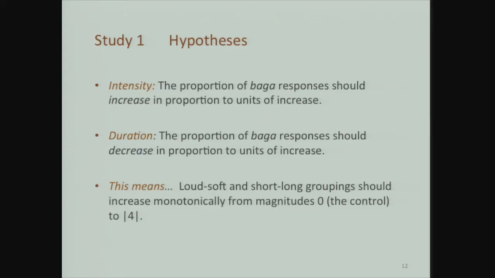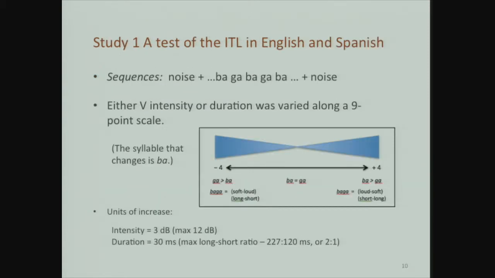All right, so the hypothesis, since we're beginning with the iambic-trochaic law, was that the proportion of baga responses, and we're choosing baga simply because that's the arbitrary category for the analysis,